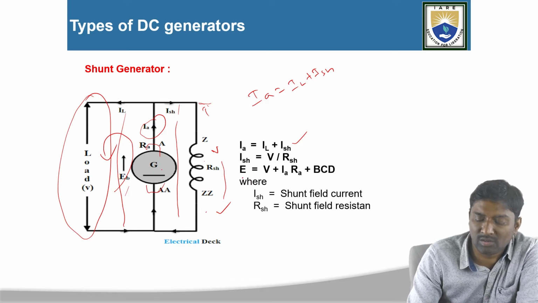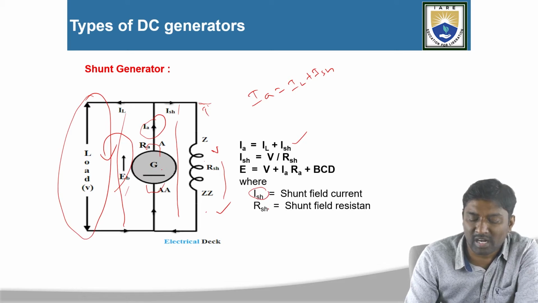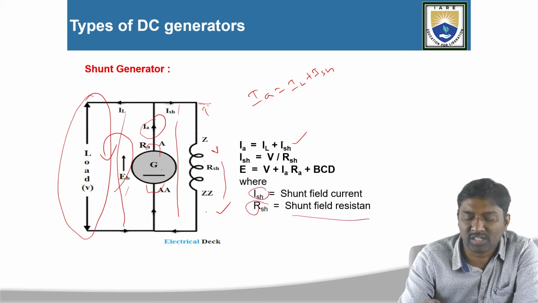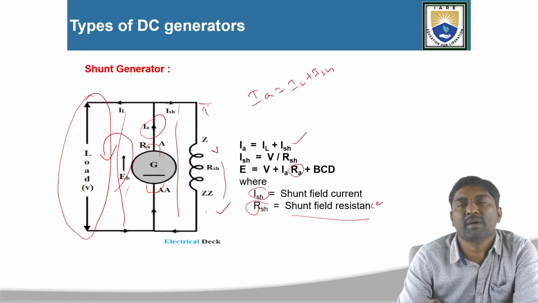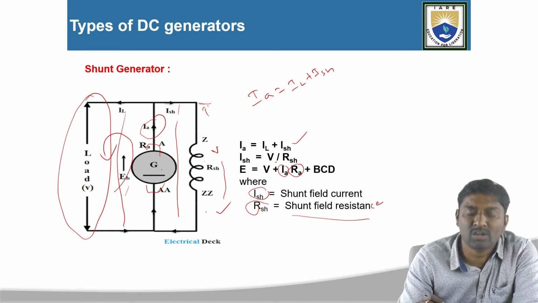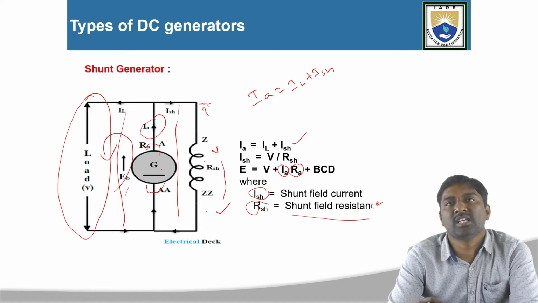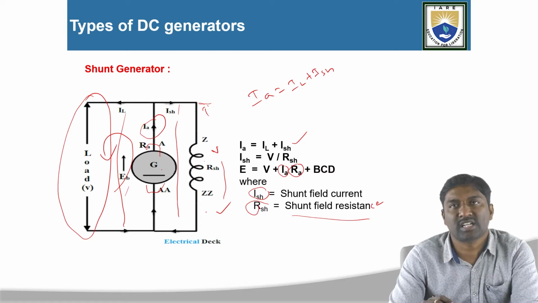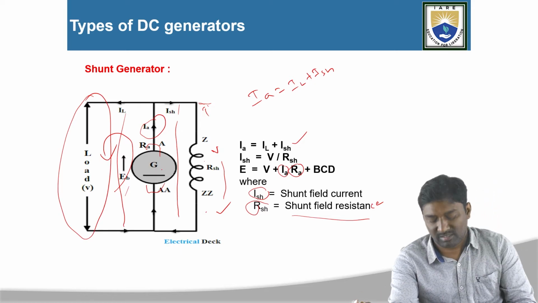So that is E is equal to V plus IA into RA plus BCD, where ISH is equal to shunt field current, RSH is equal to shunt field resistance, RA is equal to armature resistance, and IA is equal to armature current. So these are the voltage equations for the DC shunt generator in case of the self-excited DC generator. Now next,